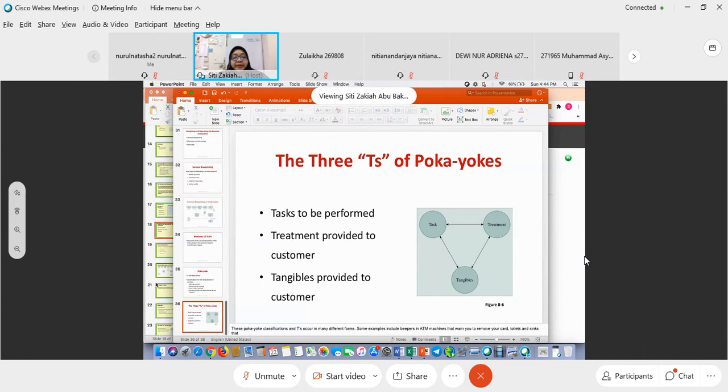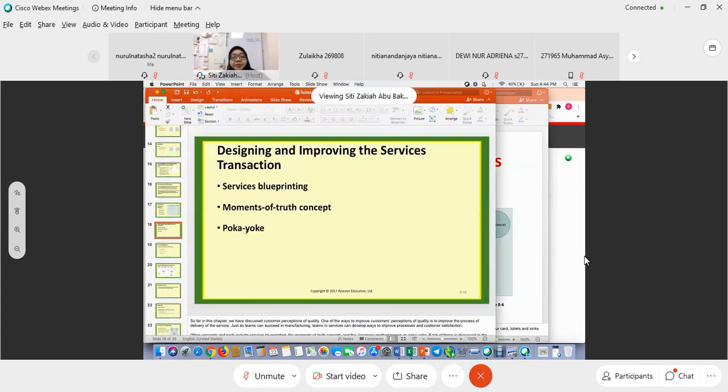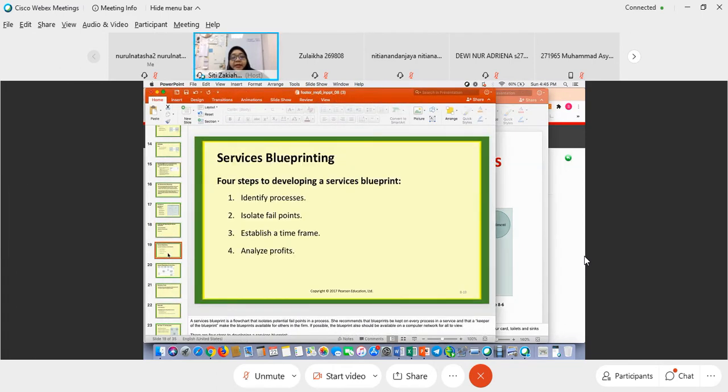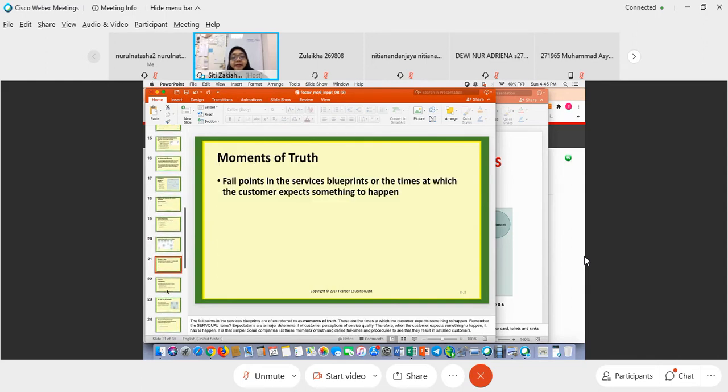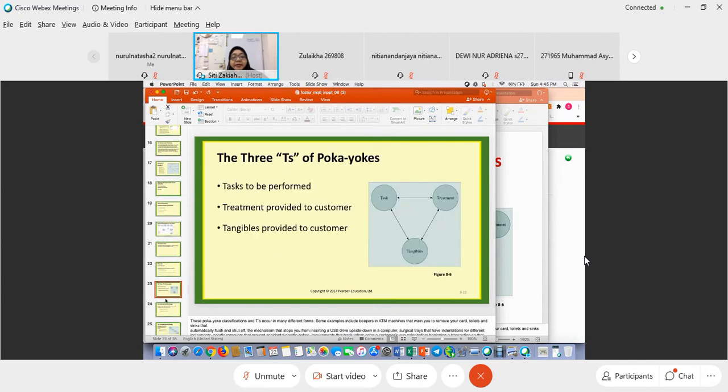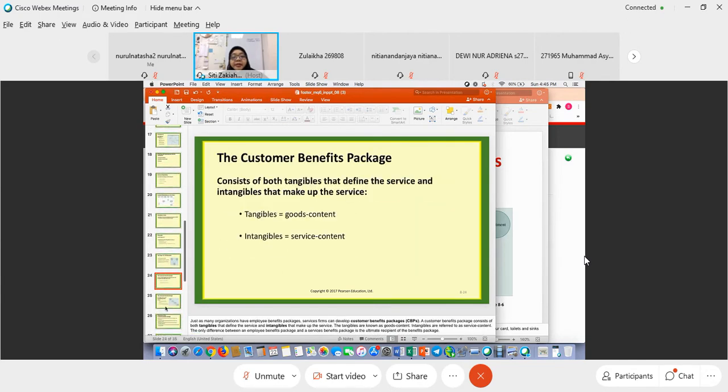Okay. All right. We know moments of truth. We know Poka-yoke, service blueprint. We looked at that earlier. We look at customer benefit package. It consists of both tangibles that define the service and intangibles that make up the service. Sometimes, like the employee benefit package, what you give to the employee if they perform very well. This is also something called the...